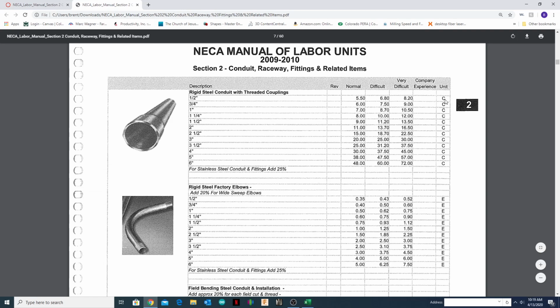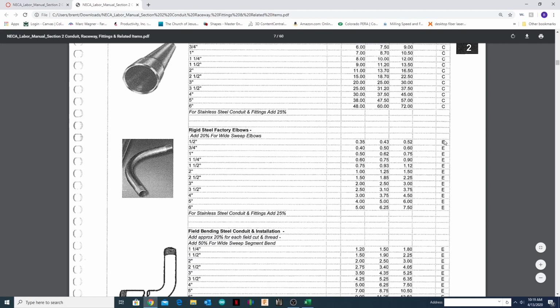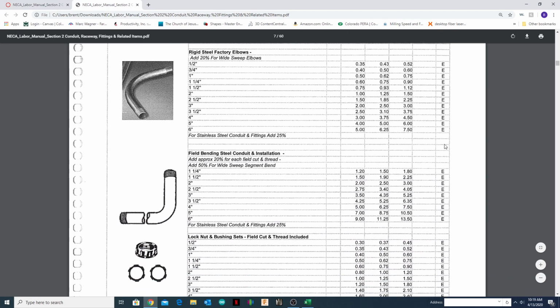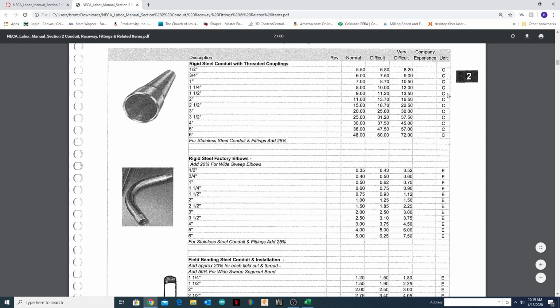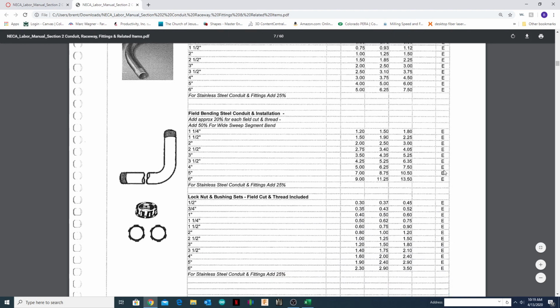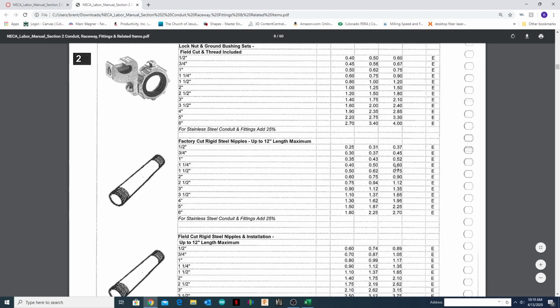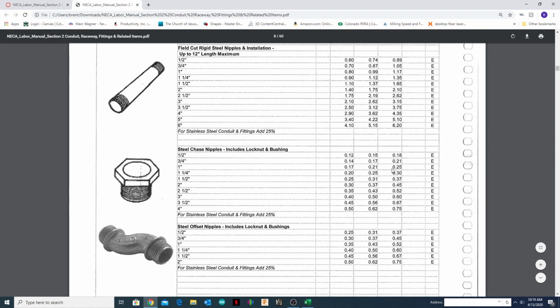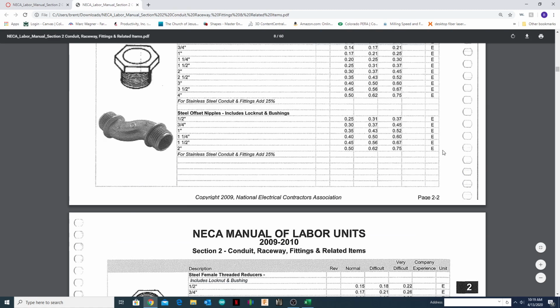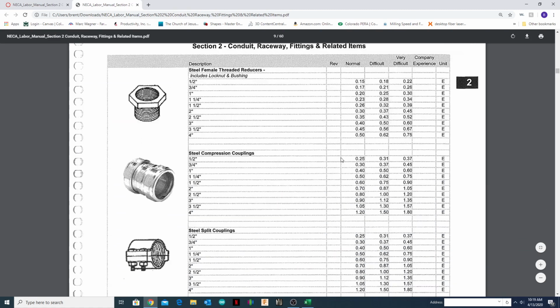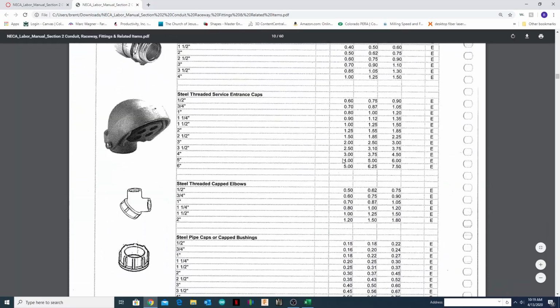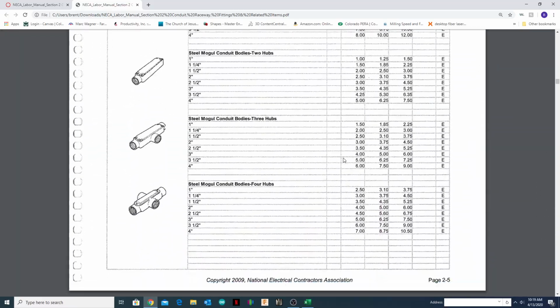C's, this is for 100, or Roman numeral for 100. E stands for each, so that is 1. So we substitute 100 in for C. We substitute 1 in for each. And when we get into the wire and stuff, you'll see there'll be an M. That stands for 1,000. So I'm going to scroll down here, and I'm looking, first of all, I'm going to